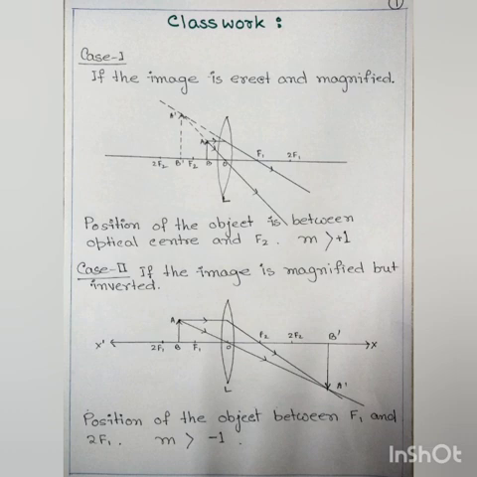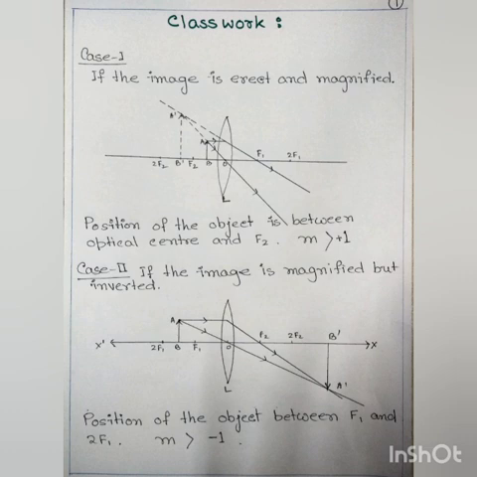First I will discuss the classwork which I have given in last day. The question was, a convex lens can form a magnified erect as well as magnified inverted image of an object placed in front of it. Draw ray diagram to justify this statement, stating the position of the object with respect to the lens in each case. Now see, two conditions are, for one condition image will be erect and another image will be inverted, but for both situations image will be magnified.